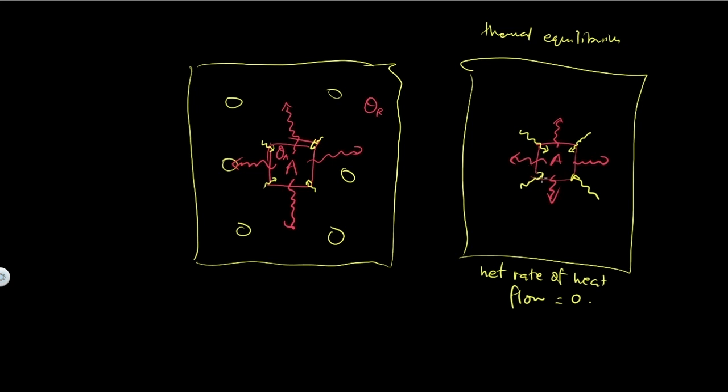But the heat or the thermal energy is still flowing. We cannot say that there is no heat flow. No, it is wrong. There is still heat flow, but the net rate, meaning the heat going inside object A and the heat going outside from A, if we add these two, going in and going out, we will get equals to 0. So that is what is meant by net rate of heat flow equals to 0.